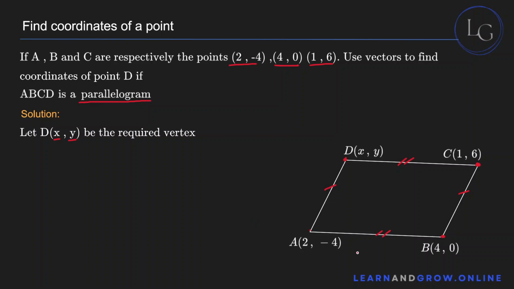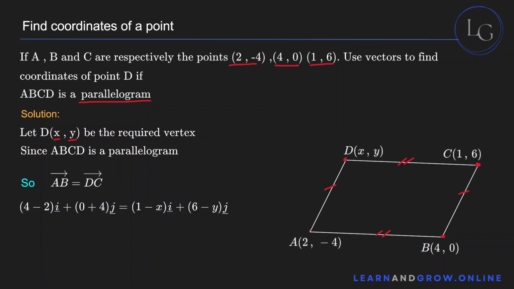So, you can see that the vector AB is equal to the vector DC, right? Because they're parallel. So what you can do now is just equate both of them. Now, to find the vector AB in equation form,